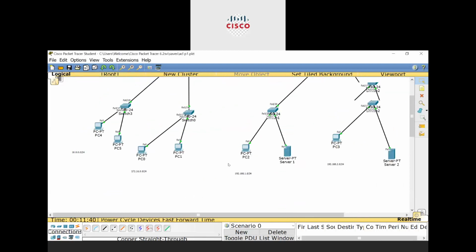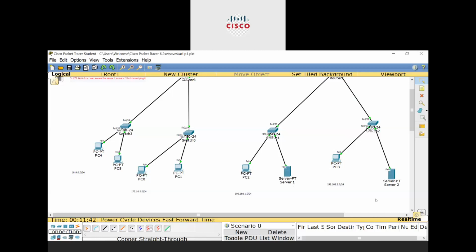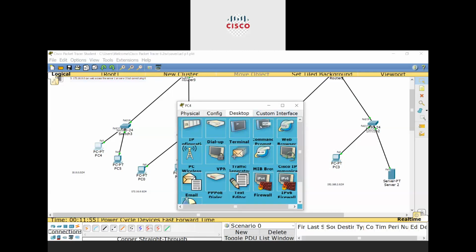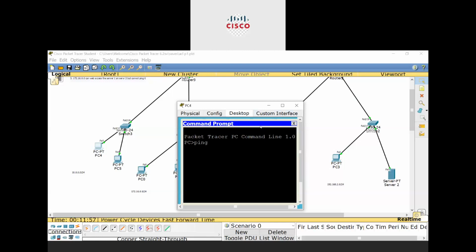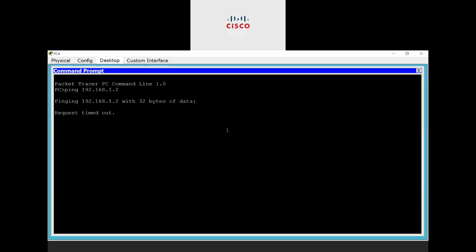In this scenario, server 1 and server 2, there is a network, both PCs will not be allowed to web access this server, but they can ping it. Let me show you how to ping. Ping 192.168.1.2. Yeah, that is the server.